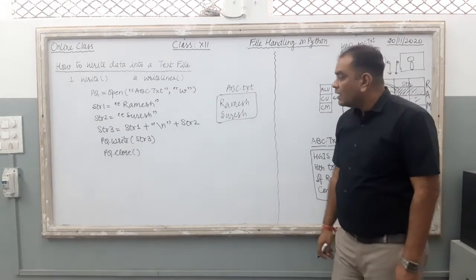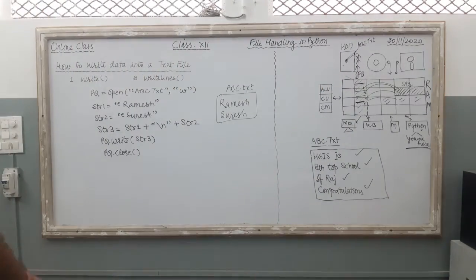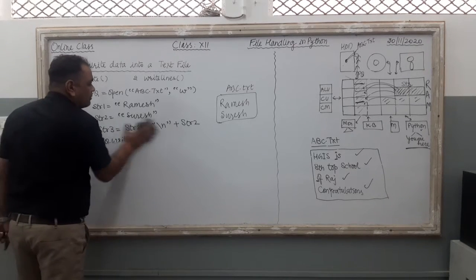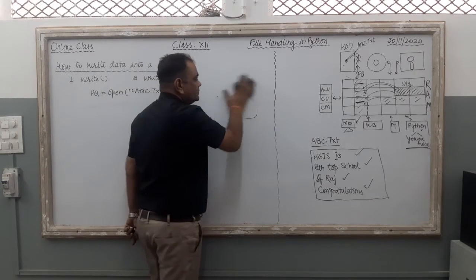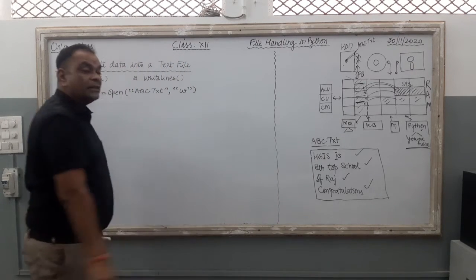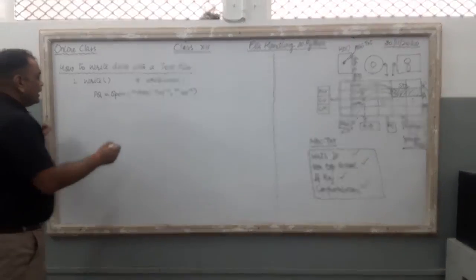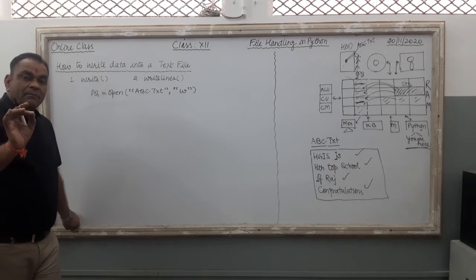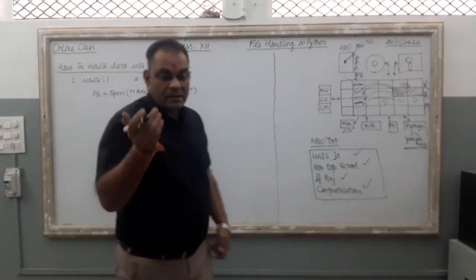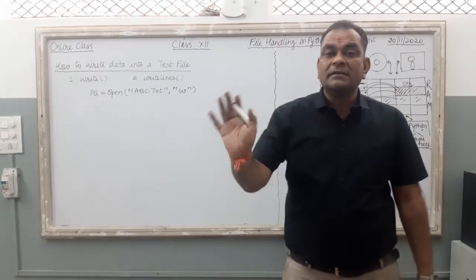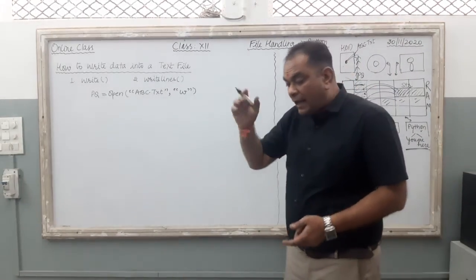Clear? Now the next thing, how we can write our program data into the file. ये तो एक simple सा था, just string को आपने write किया. Now the complete program, if I want to write 5 students' name with their age in my file, then what can I do? Just see, 5 student name and their age. I want to create a program. That program takes 5 students' name from the user and their age, and after that I am going to store the data in my text file.